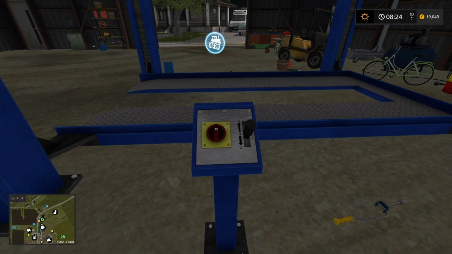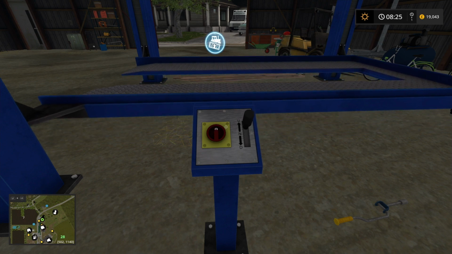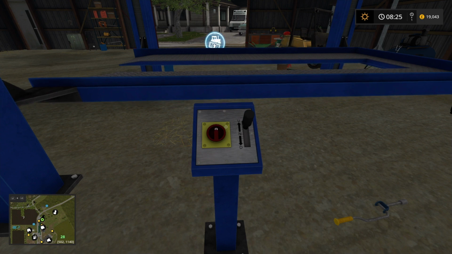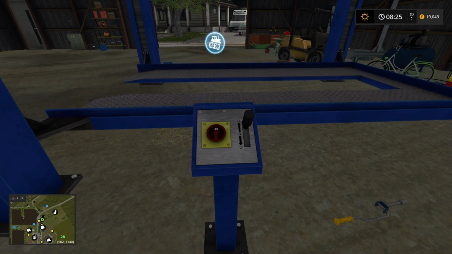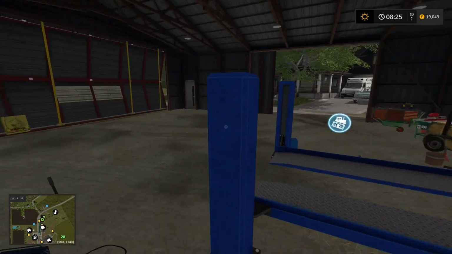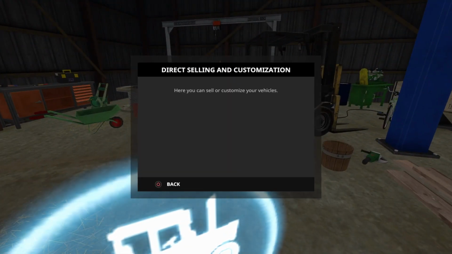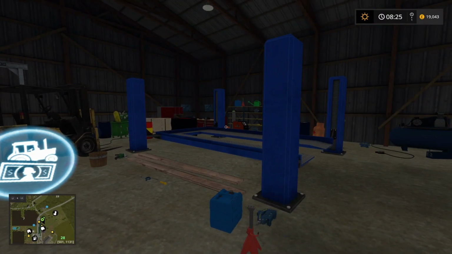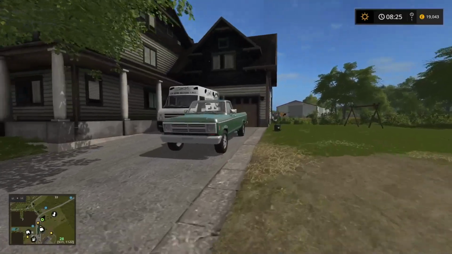It does work. Right, so, we've got a lift for fixing vehicles. That's incredibly slow. So, if you've got a couple of hours before you fix your vehicle, this is where you do it. Let's have a quick look. Nice. Sell or customise your vehicles right here, do a bit of work on them, whatever you feel you need to do. Right, so let's grab this pickup